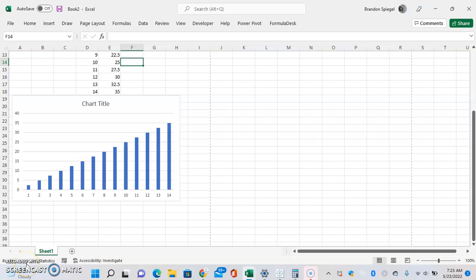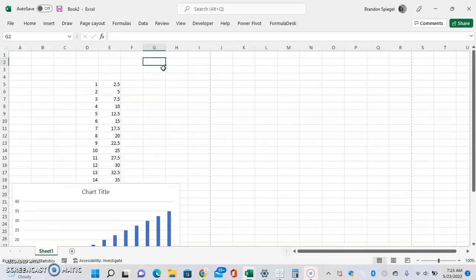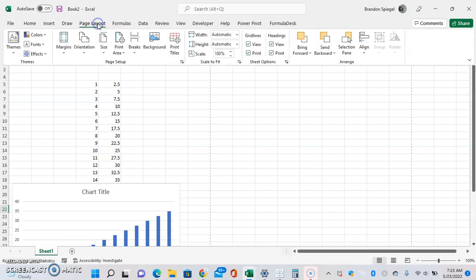I just wanted to make a tutorial to show you how you can control whether the grid lines or the headings, with the headings being the numbers and these letters, show whenever you go to print something in Microsoft Excel. So to adjust these settings, you can go to Page Layout, and then right here towards the right, there's